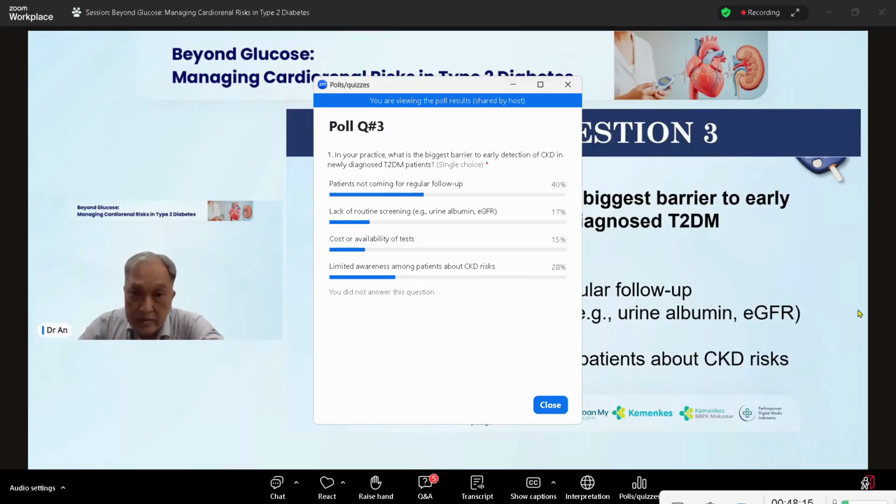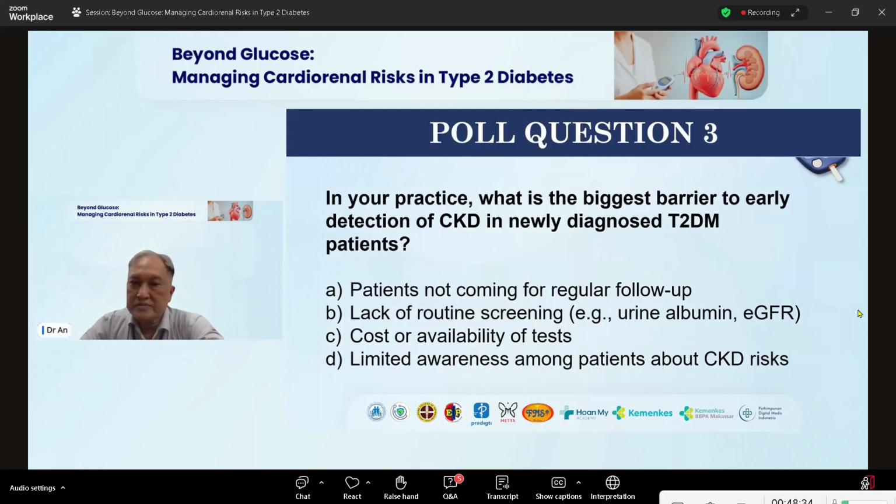And the third one is 28% limited awareness among patients about cardiovascular risk. Yes, that's the biggest issue we deal with in low and middle income countries. Thank you. And now,